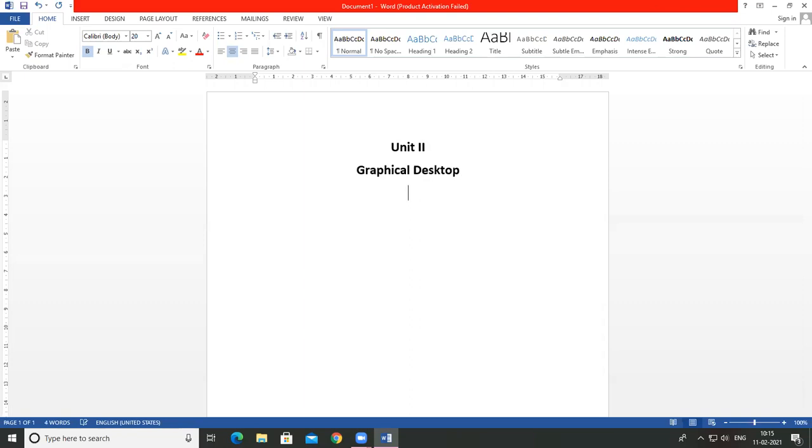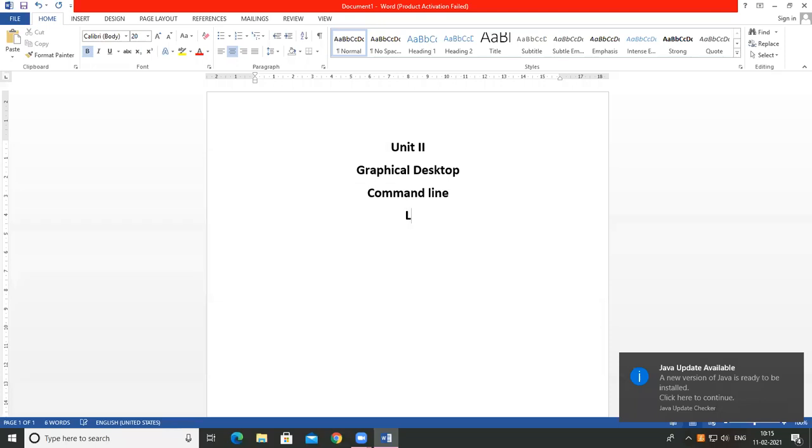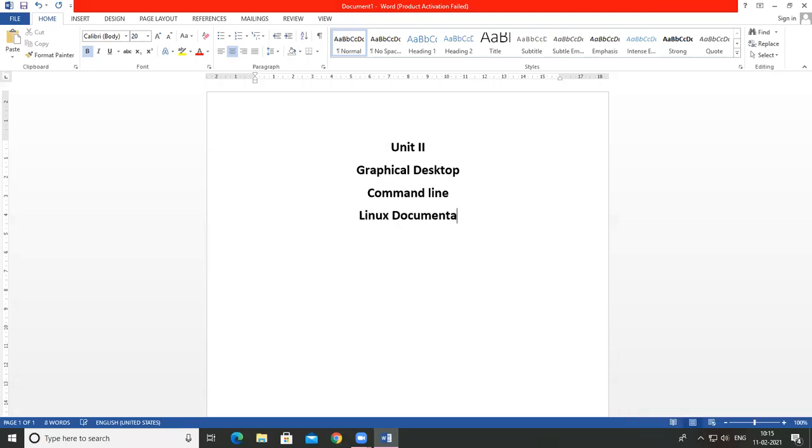Then another one, command line. Then third one is Linux documentation, and fourth one is file operation. Okay, so these are the four chapters from unit second.